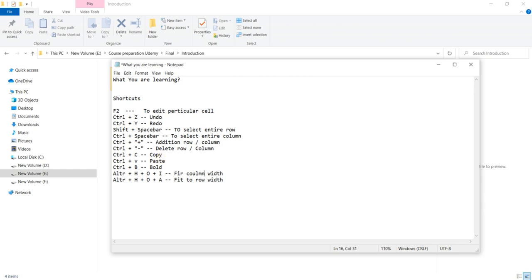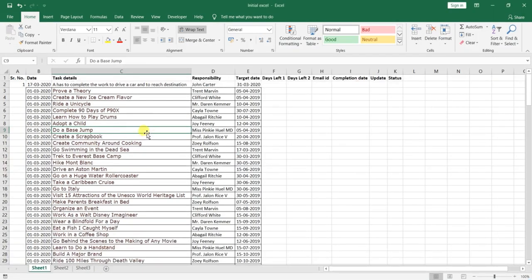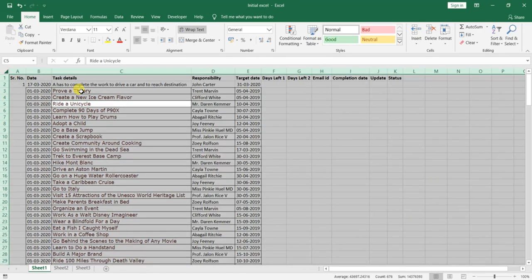There may be a spelling mistake, you can correct it. So these two things we will widely use in our lecture. Now you can see there are no borders available over here and some borders are available over here. So you can just press Alt Control All.